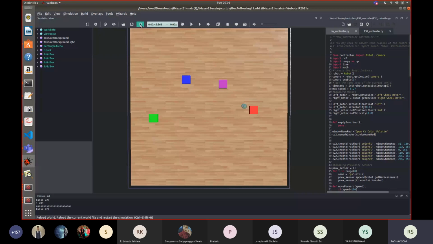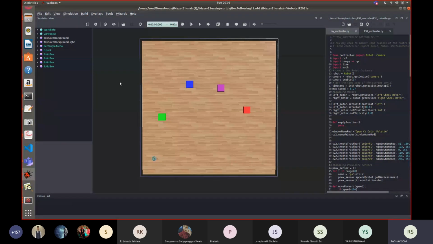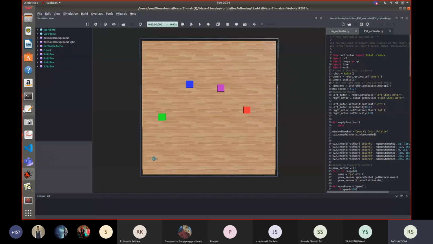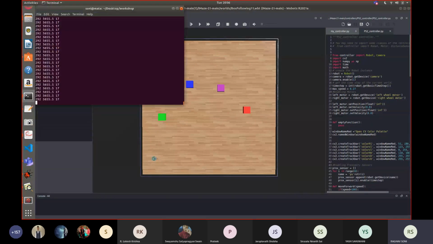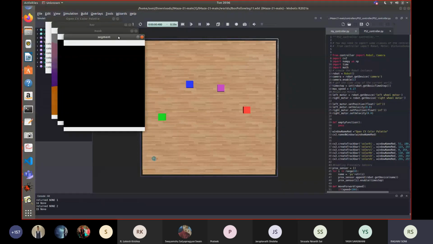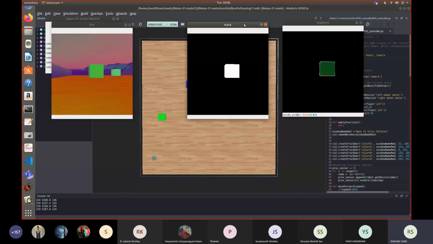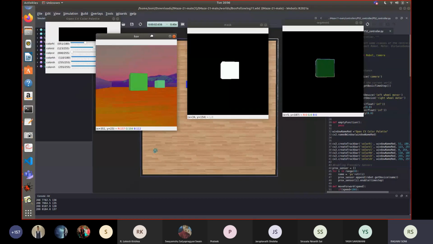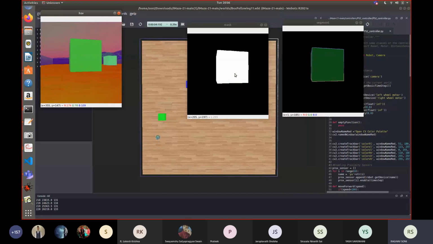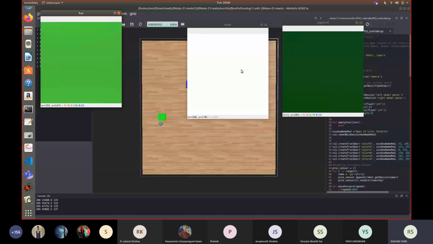Now I'd like to show you the thresholding windows. I won't say much about them. It's just the point of view of the camera. Here is the segmented image, if it is looking for the green box, so it is the mask, the segmented image, and here is the HSV image. Here you can see how only the green box is visible to the camera and it's moving towards it with the help of its centroid or center of mass or whatever you say.